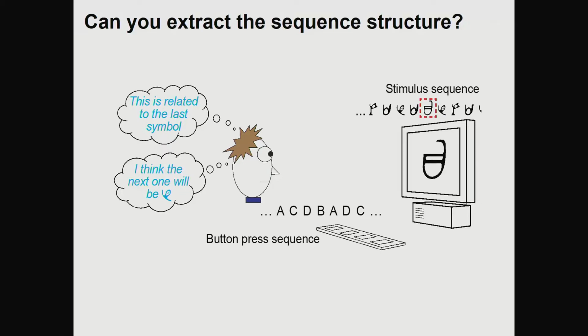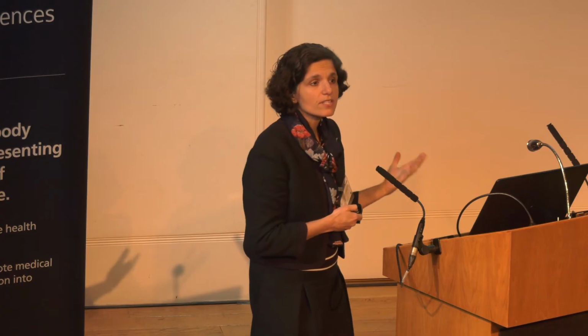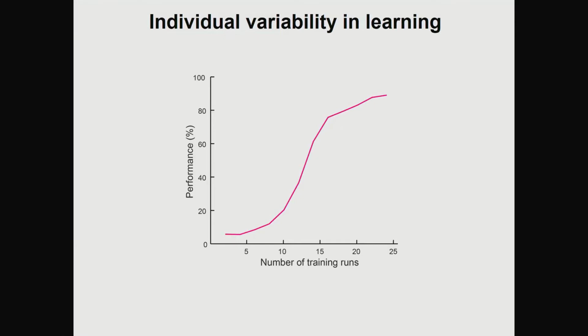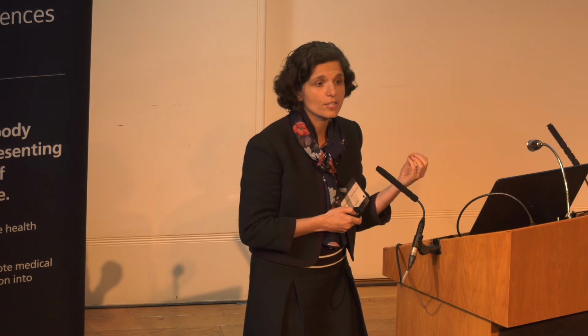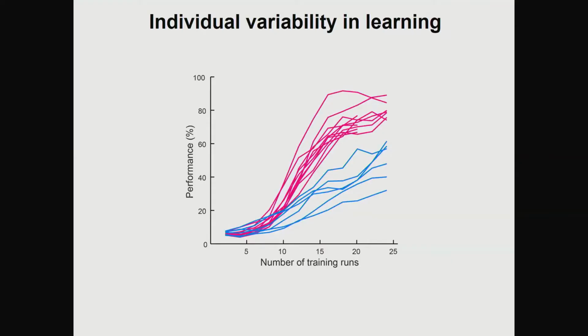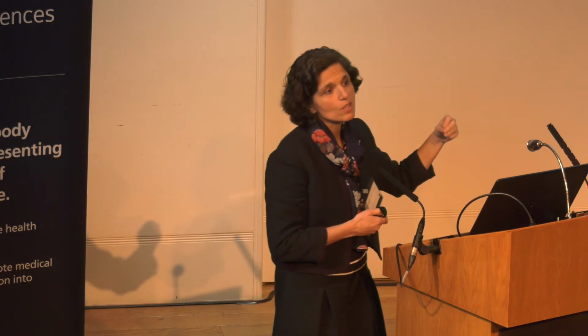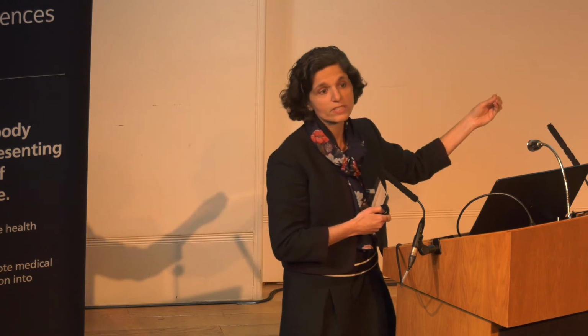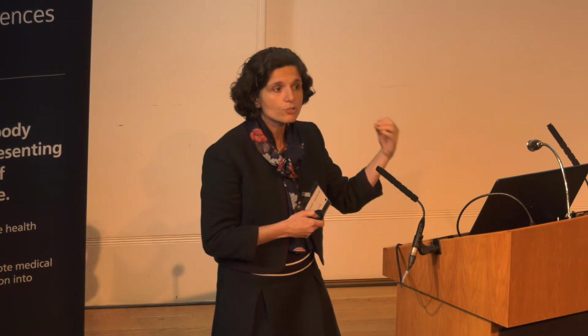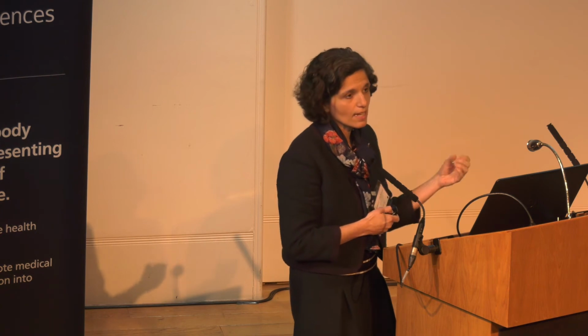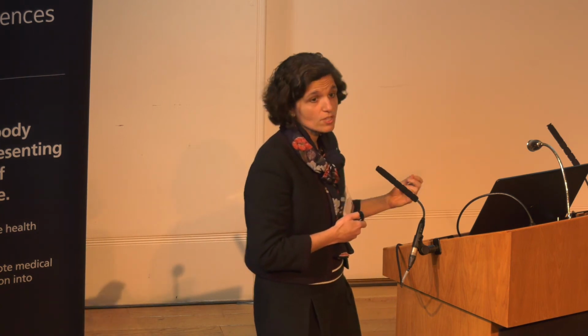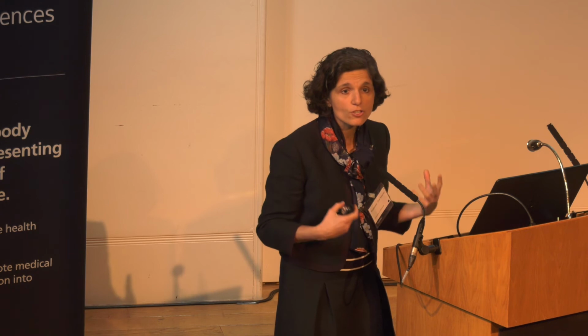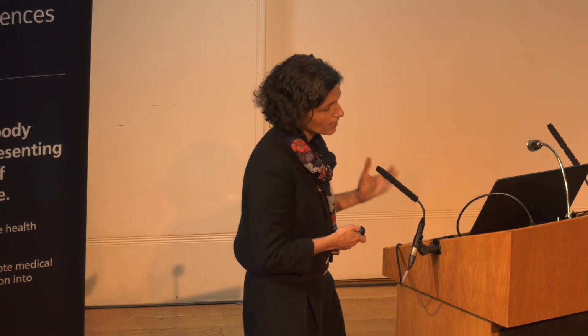So how do they do this? They do actually quite well. But the interesting thing again here is that there is individual variability. Some individuals are faster than others in extracting this temporal structure. Similar to what I was talking about earlier regarding spatial structure, we see variability. Now, in the past, we tended to ignore this variability. We would report it, but we would average, and we would talk about the average brain and the average cognitive functions and plasticity. Now we do have methods, through computation and through techniques developed in neuroscience methodologies, that allow us to look into the human brain, and that's what I'd like to show you.